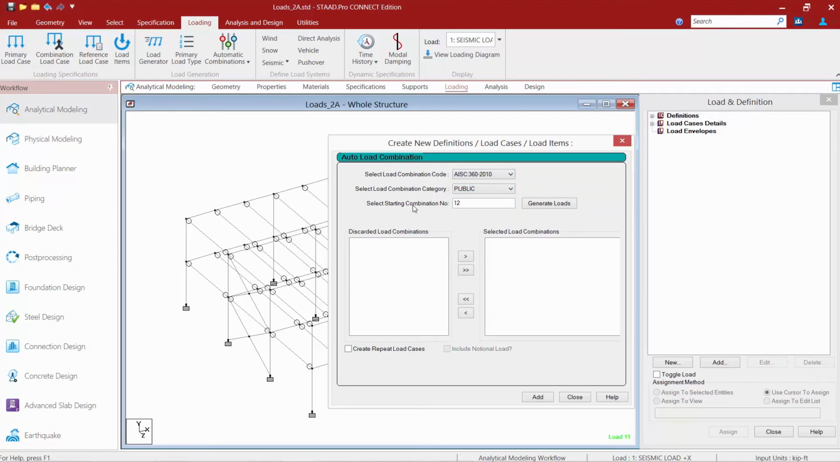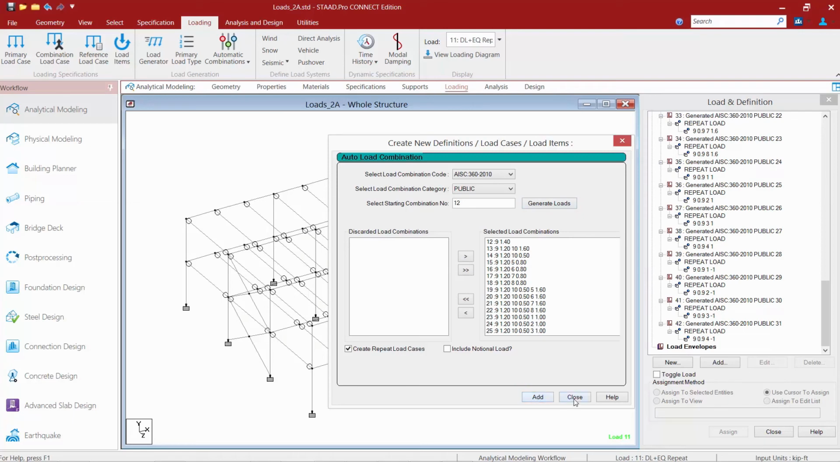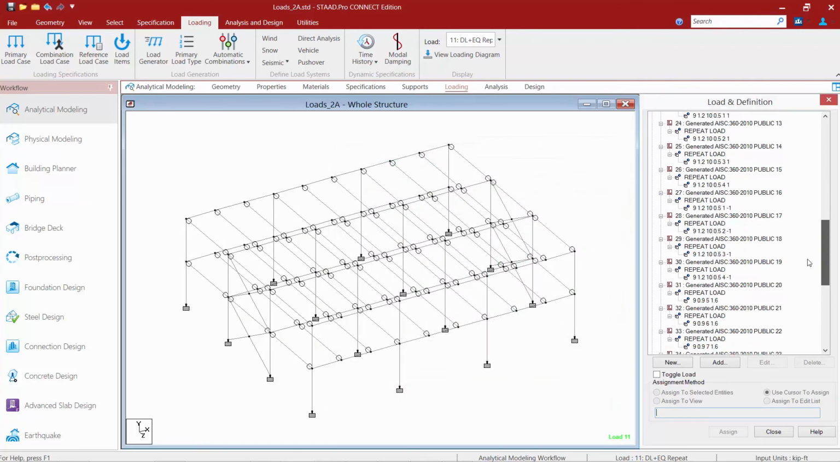And before we hit the Generate Loads button, we're going to find a checkbox down here. This will instruct the program to create repeat load cases. So we're going to go ahead and select that, and then just simply hit Generate Loads. Once we're ready, we'll click the Add button to officially add them to the input file, and then we will click the Close button. And you can see here that that process was pretty quick to kind of generate those